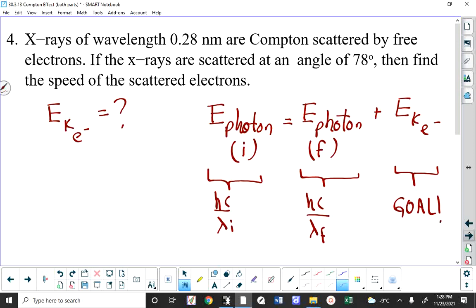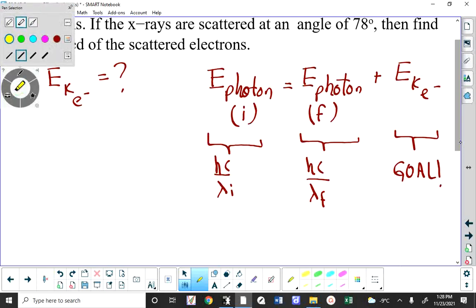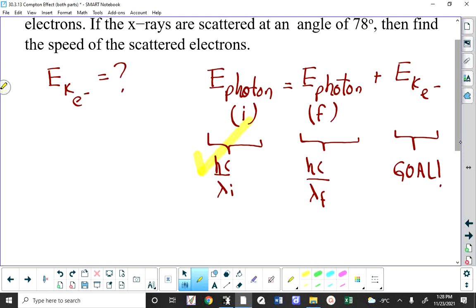Do we know the initial wavelength of the photon? Yes. So, I don't want to brush this aside. We'll do the calculation in a bit, but this is as good as determined. We know that because we know the wavelength. We can calculate it. Do we know the final wavelength? Are we told directly the final wavelength? No. But